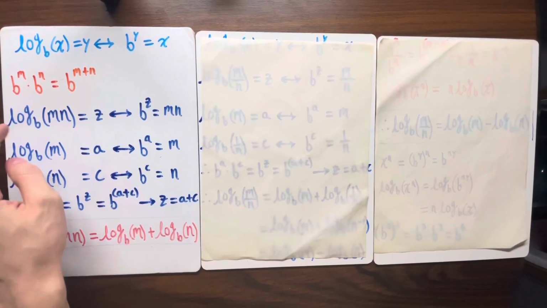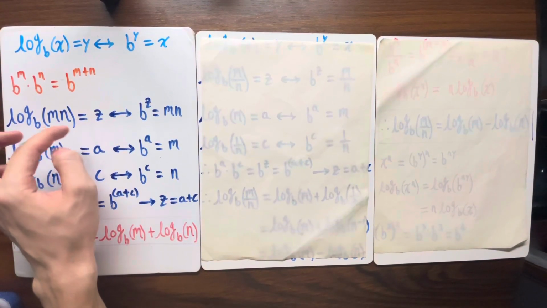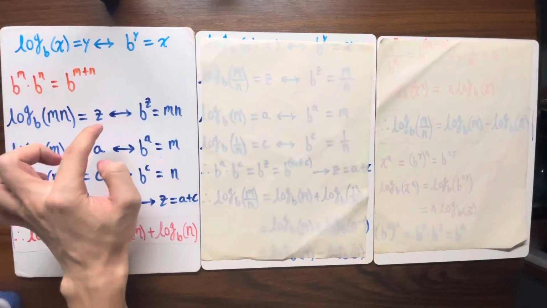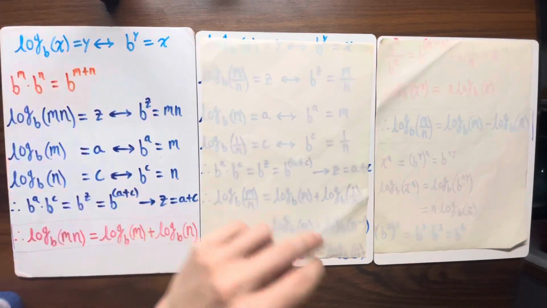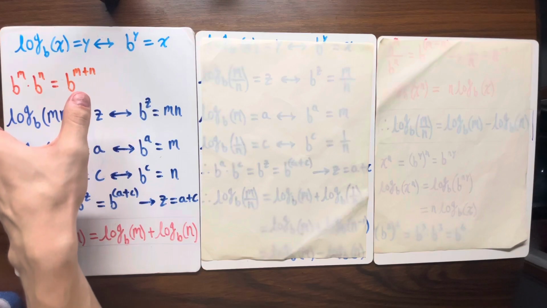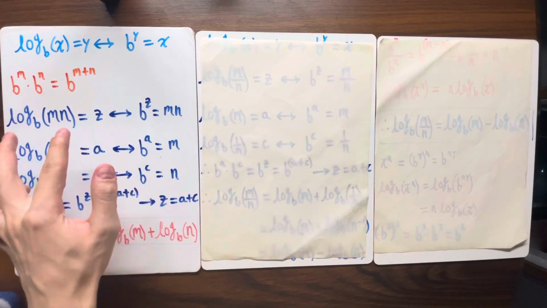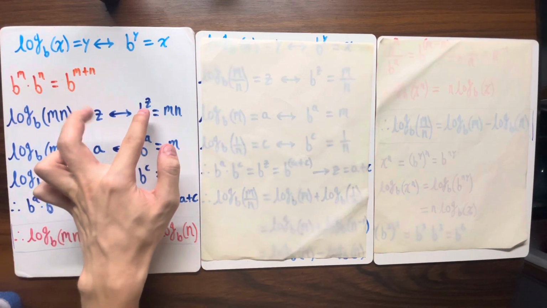We're trying to find a formula for log base b of m times n. So we don't know what this is, so we can just let it equal z and use the proposition above, as well as the power rule for exponents. So if we let it equal z, then we can write b to the z is equal to m times